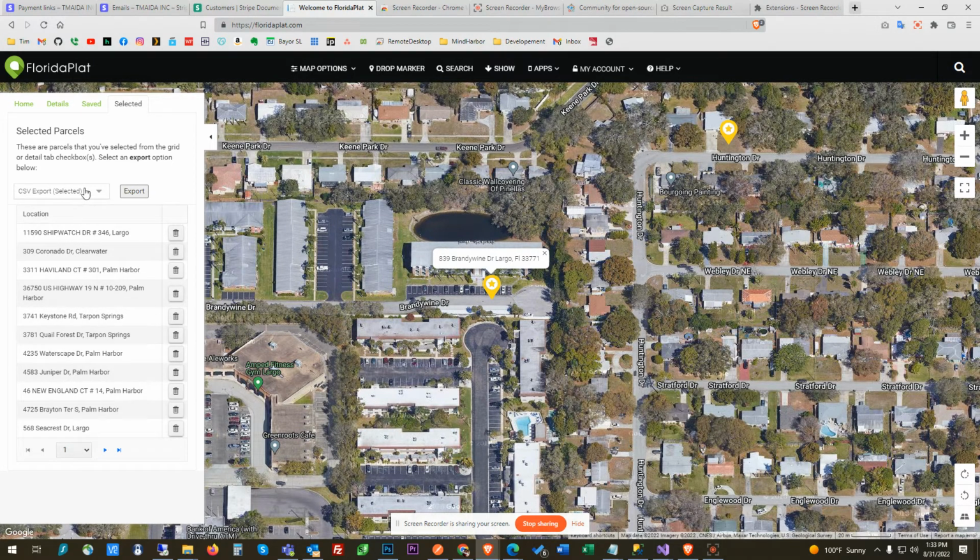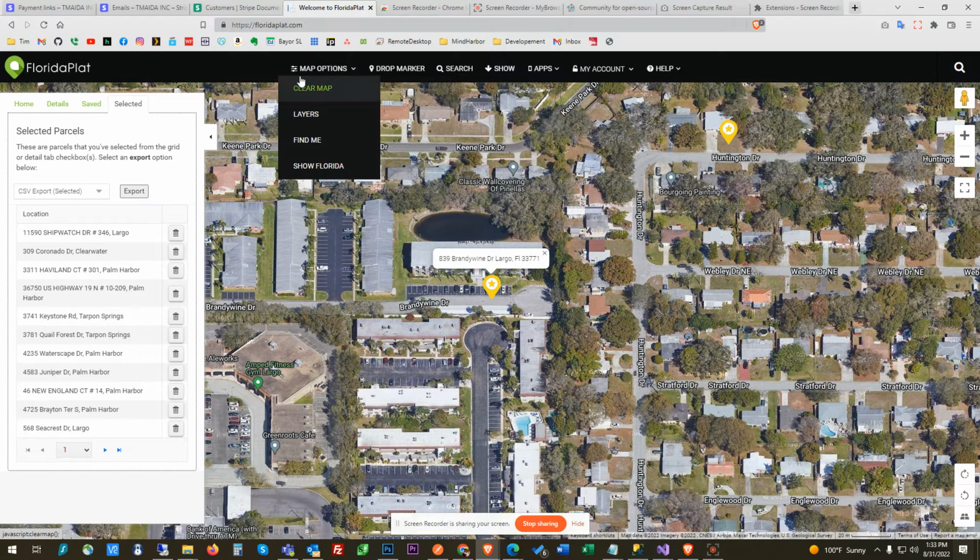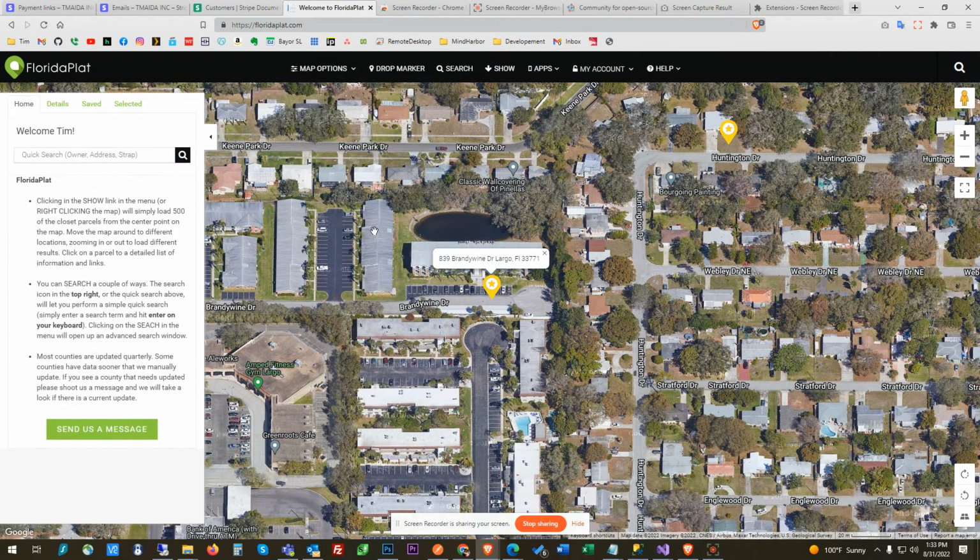And these are the ones that allow you to export to different file methods. But we've discussed that in other videos. And real quickly, to kind of wrap this up, you have these map options. You can clear the map. We talked about that before, how it just clears everything. You have some of these